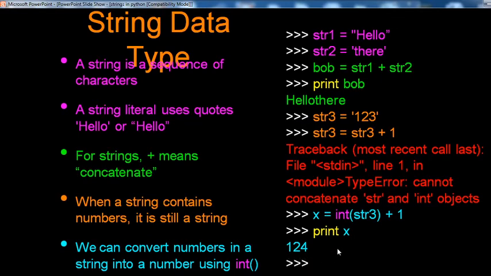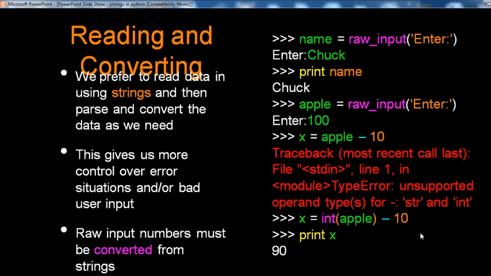Okay, that is correct. See the third part, how to define a string. String 1 equals double quotes, string 2 equals single quotes. Then concatenate string 1 plus string 2 and print the variable name. Finally, the concatenation of the two strings, that is the example here: hello there. Again, if you want a string that contains numbers, you mention the data type: x equals int(str3) plus 1, print x gives 124.